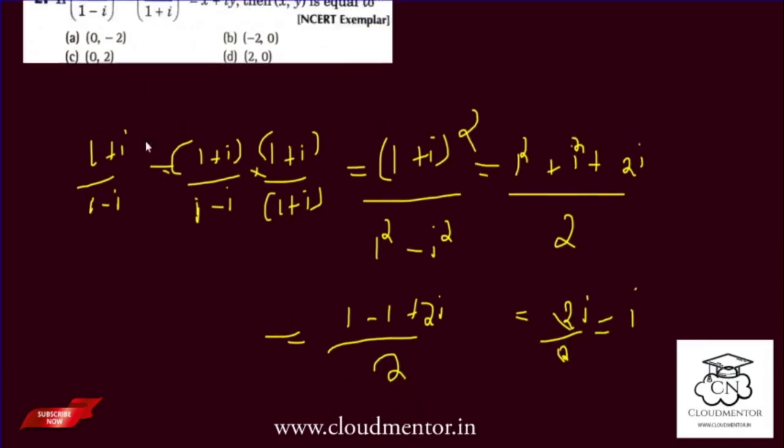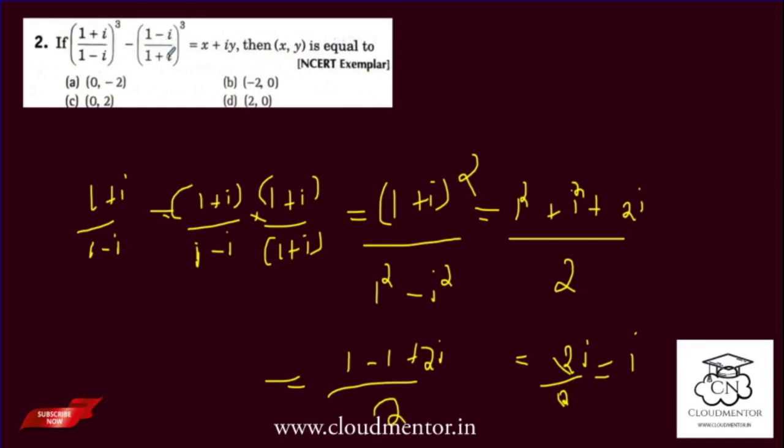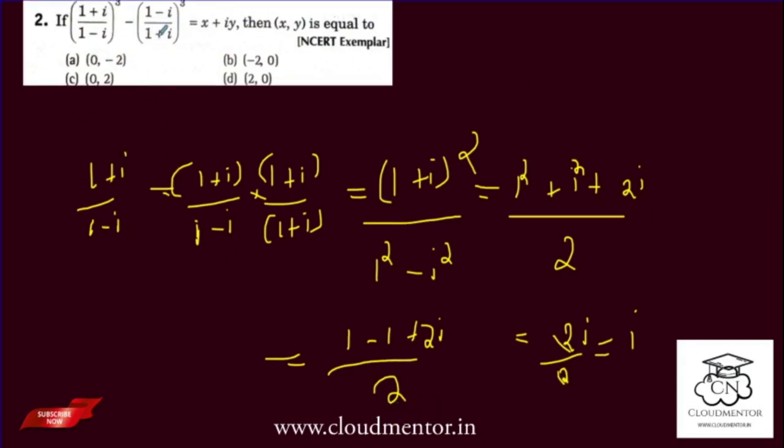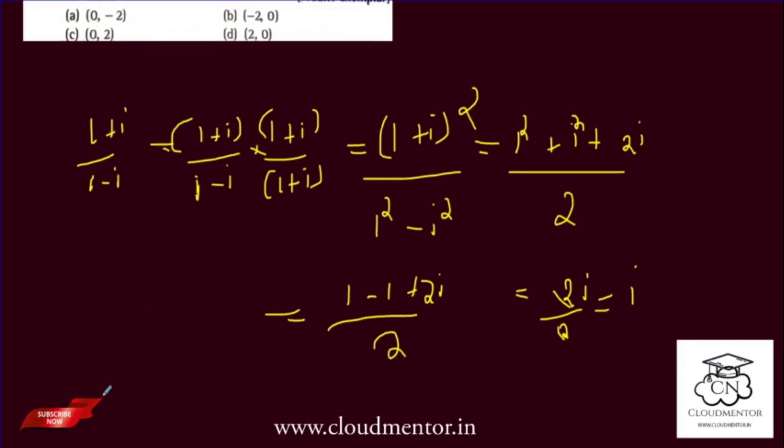And the next term, that is 1 minus i by 1 plus i, is simply the reciprocal of the first one, so we can write the first one is i and the second one is 1 by i. So we get (1 plus i by 1 minus i) minus (1 minus i by 1 plus i), the whole cube, right? The whole cube